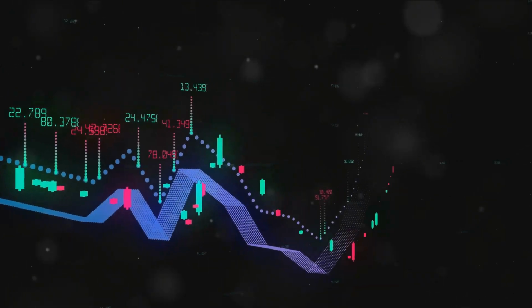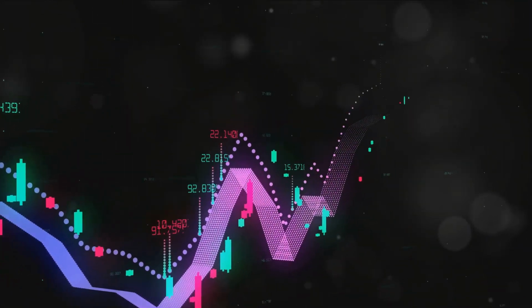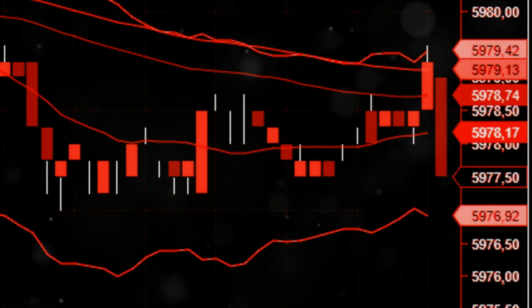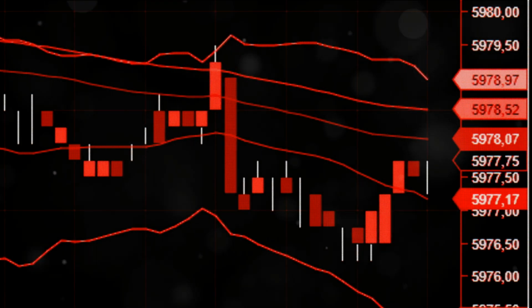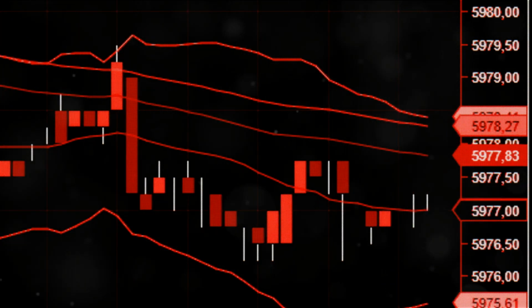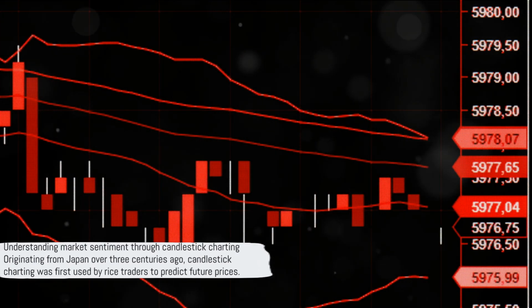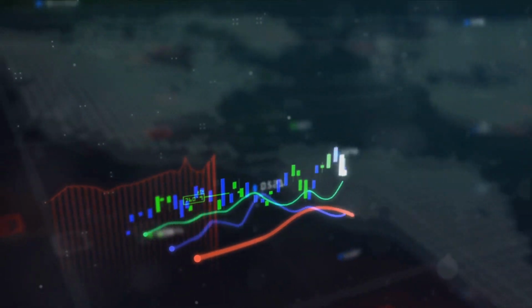Ever wondered how to decipher the hieroglyphics of stock charts? Or what those little candle-like figures mean in stock analysis? Welcome to the fascinating world of candlestick charting, a versatile tool used by investors to interpret price patterns in the stock market. This method of charting is like a language of its own, speaking volumes about market sentiment and potential